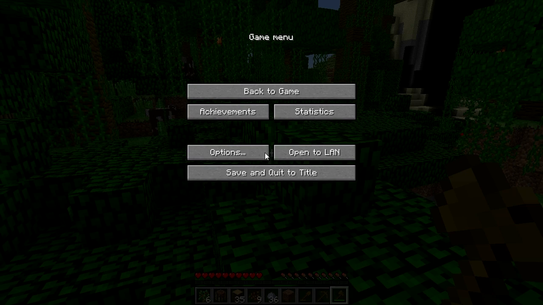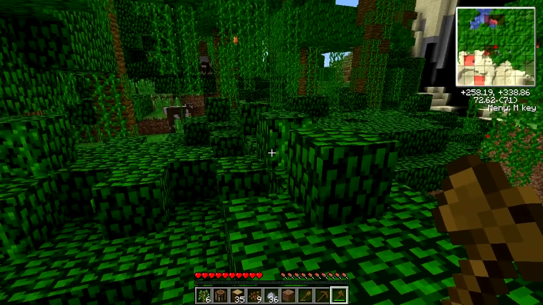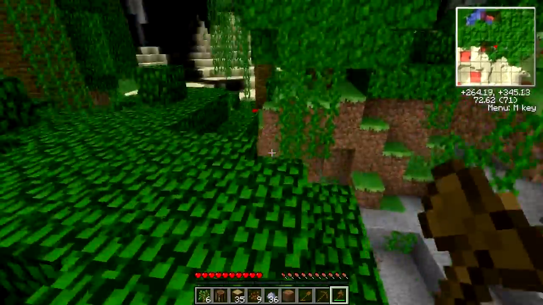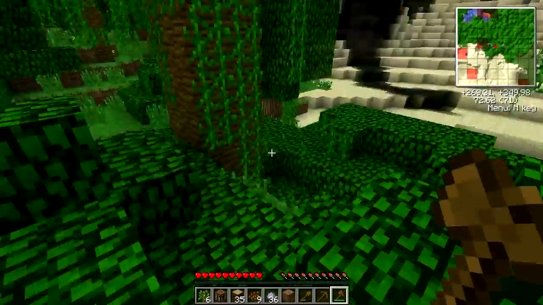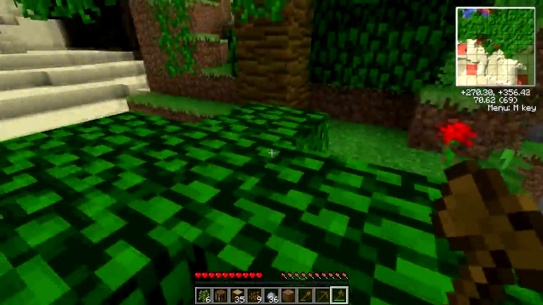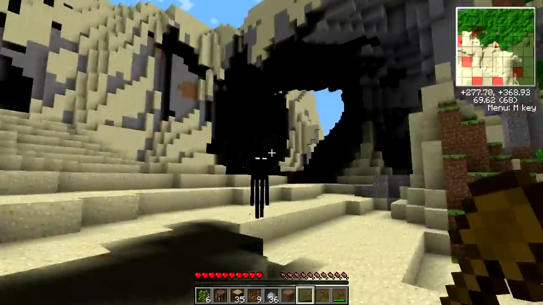Also, I do have enemies on. I don't even have enemies on. Go ahead and put that to normal. Also, this is in cheat mode. Why the hell is it in cheat mode? Recipe mode. Okay. Okay. It's floating sand. Alright, we can deal. Let's run over here and update the lighting chunks because